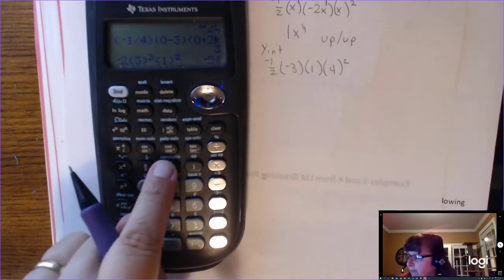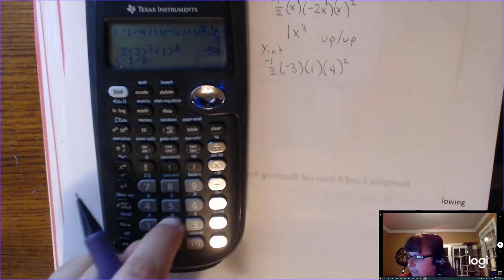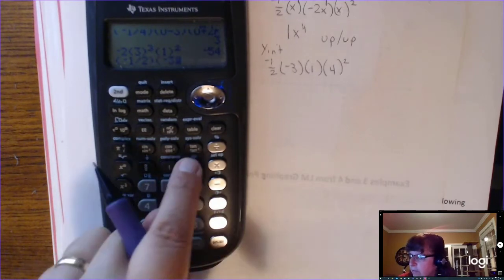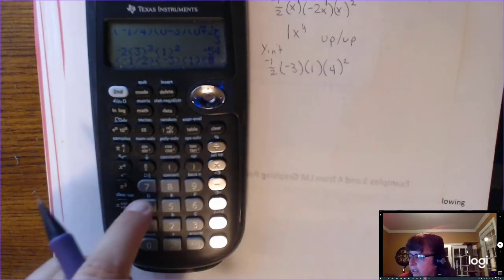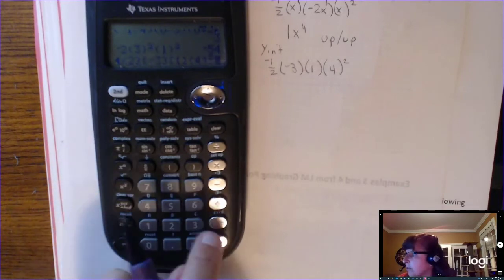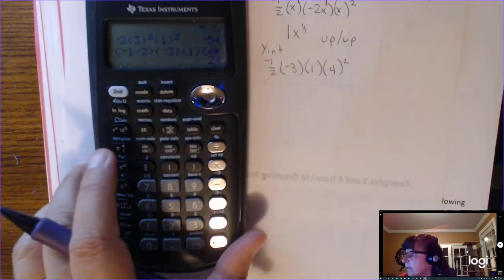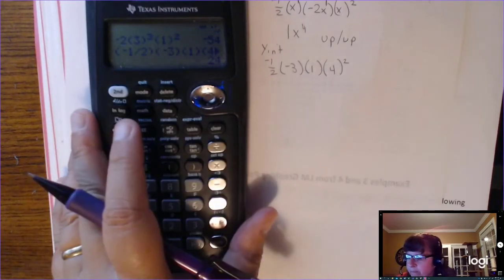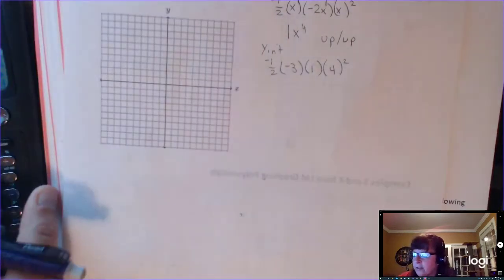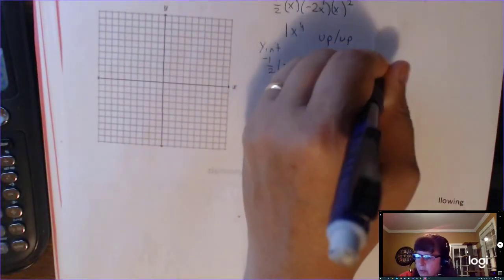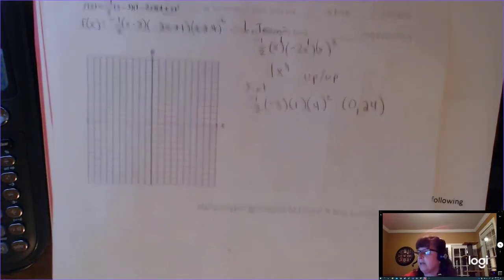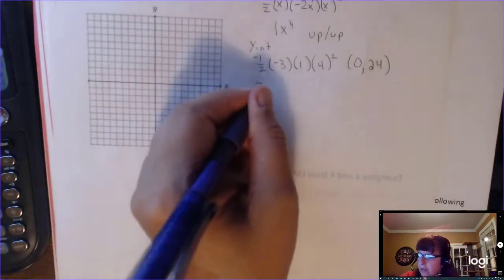So we have negative 1/2 times negative 3 times 1 times 4 squared, and we get 24. Okay, so your y-intercept is (0, 24). So we have the leading term, we know the end behavior, we have the y-intercept, and now let's do the zeros